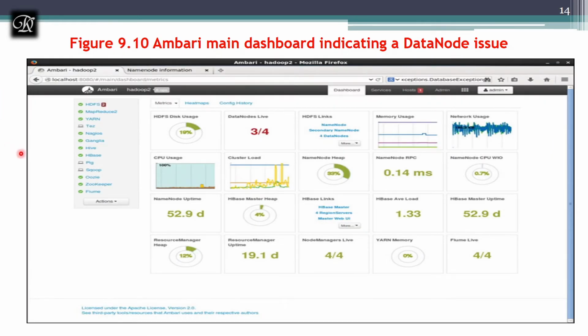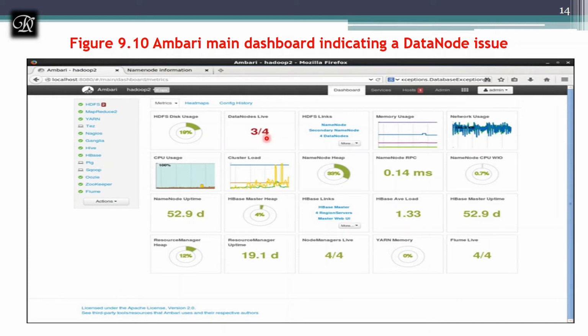This is what I was talking about. This is the list of services we were getting when we are running it. You can notice that right now, when they have taken this screenshot, initially there were 4 data nodes which were live. Right now, maybe they turned it off to show us, or due to some technical issue that data node is down. So now 3 nodes are live out of 4.